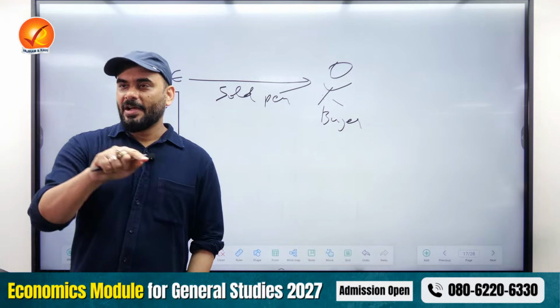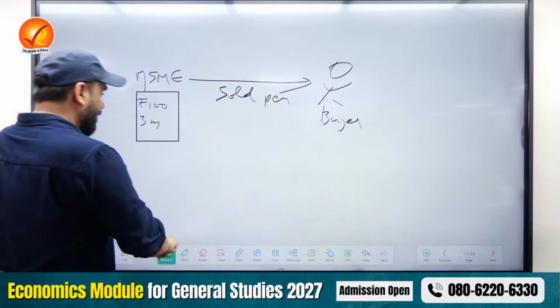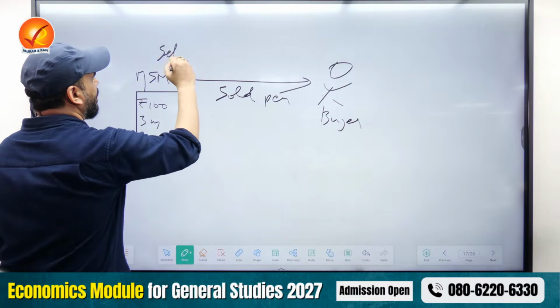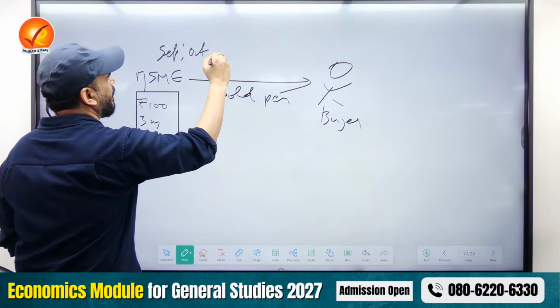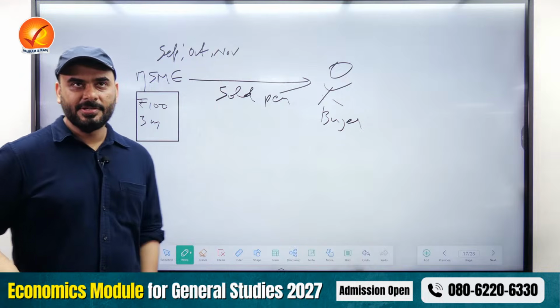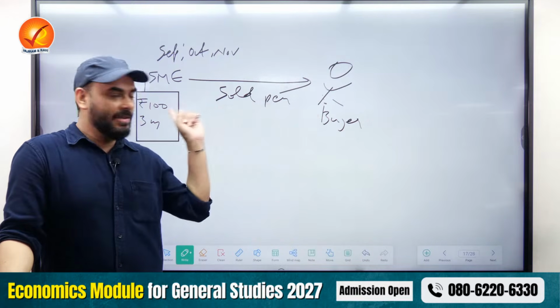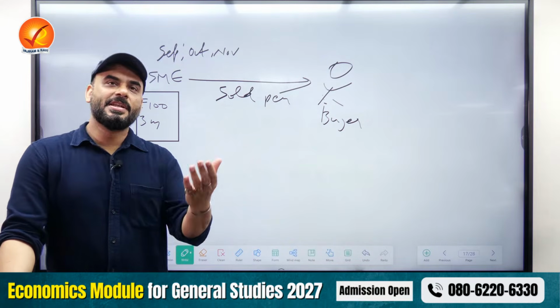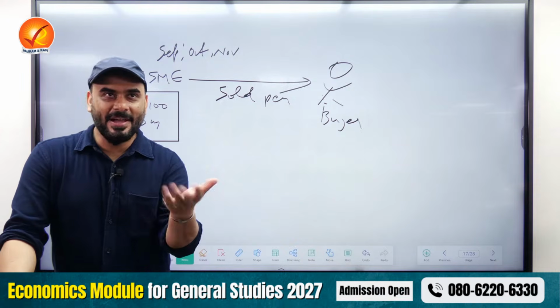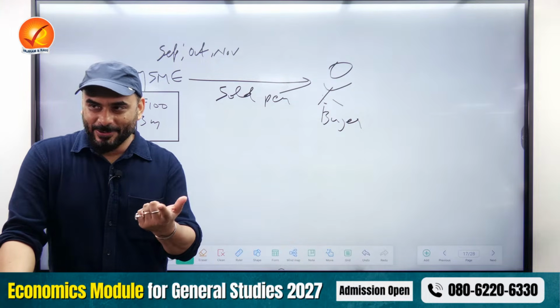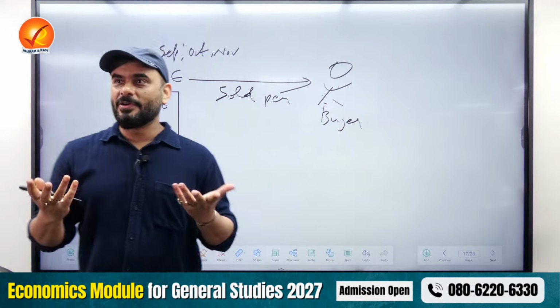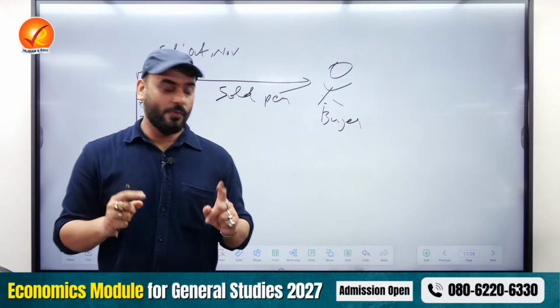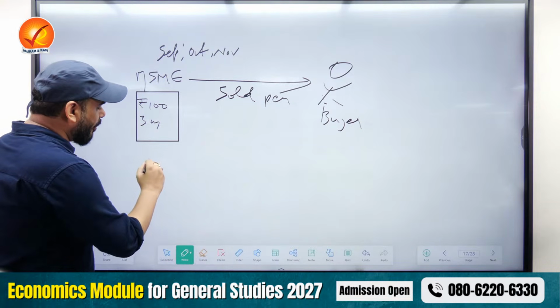Now MSME will have to wait. So for example, September, October, November. These are the 3 months. At the end of November, this guy will give 100 rupees. But suppose next month MSME needs money because they have to buy raw material. Where will the MSME go? So now MSME is confused. What will I do? Shall I wait? Keep waiting? No. What has government done? RBI done. Now comes your RBI.